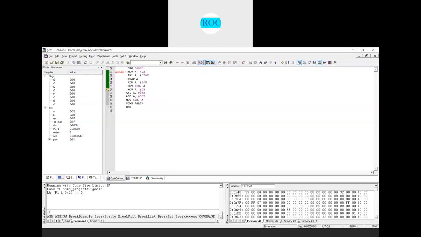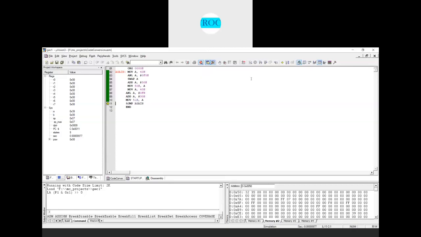Next again what I do, MOV A, 40H. Again I will take the packed BCD number, which is 29. Accumulator is having 29. I'll perform the AND operation with 0F, so that in the accumulator I get only 09. To this unpacked BCD number 09, I will add 30, so that I get an equivalent ASCII in hexadecimal, 39. So the accumulator is having 39, right? And this 39 I'll move into the memory location 51H. As of now 51H is having 0. After execution we get 39 here, right?